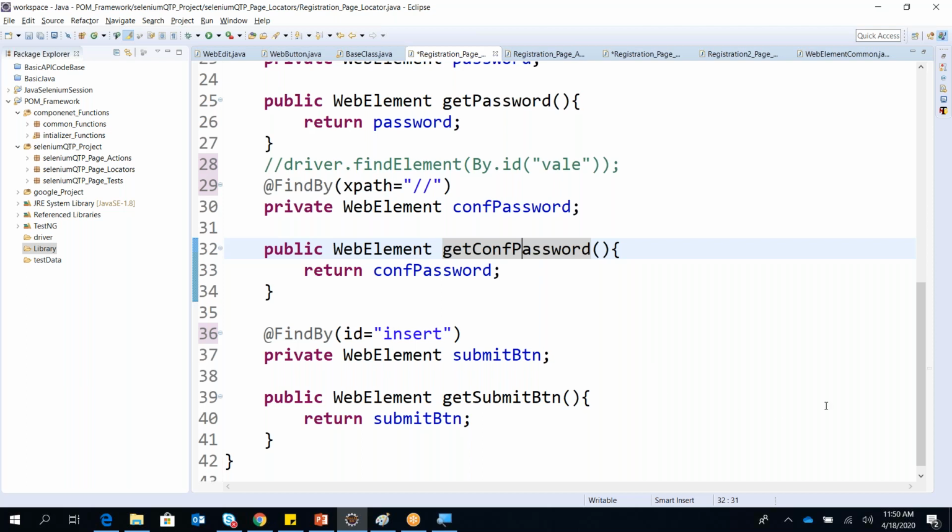Now, why WebDriver equals null? Because we are going to check if it is null, then don't do any operation. That's why we set that value equals null, nothing else. It is always a better practice. You can also initialize values for WebDriver, any string, or other elements as well.